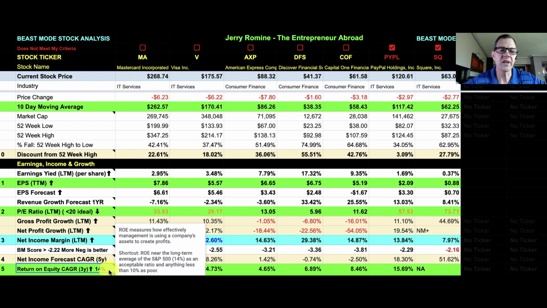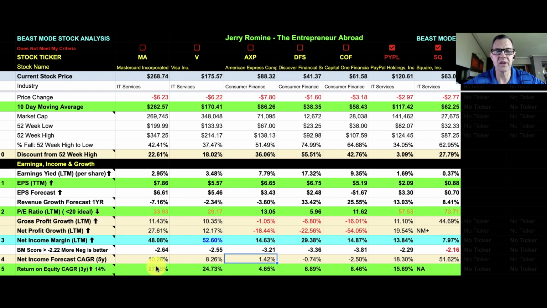The return on equity is another one that I like to look at because it's a real benchmark and it's used throughout the industry. And the ROE measures how effectively management is using a company's assets to create profits. And a shortcut, an ROE near the long-term average of the S&P 500 of 14% is an acceptable ratio, and anything less than 10% is poor. So here we've got MasterCard at 27%, Visa at 24%, both coming in strong,